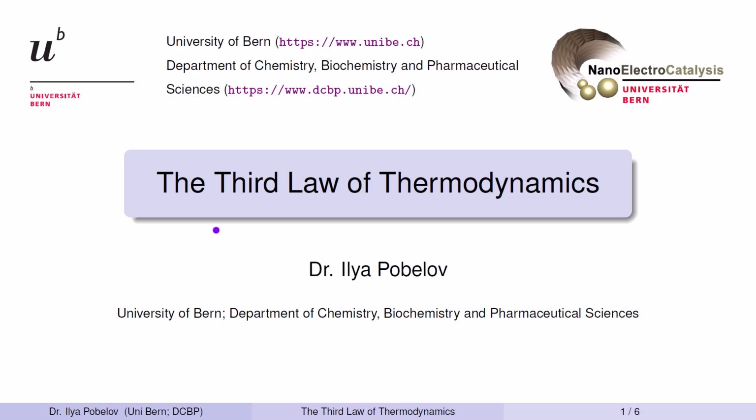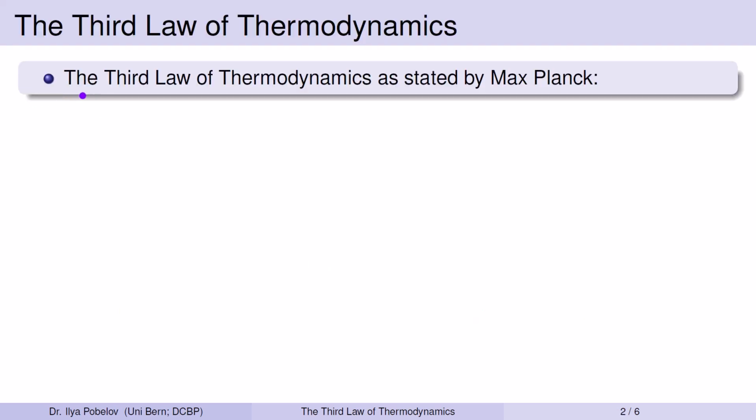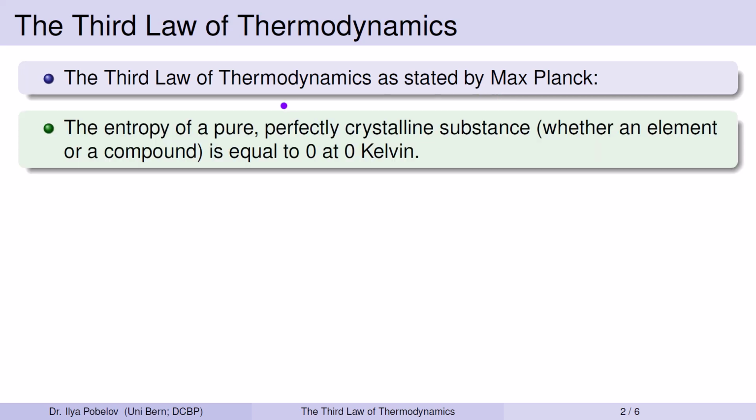In this module, we will explore the third law of thermodynamics, along with its implications, significance, and limitations. The third law of thermodynamics, as stated by Max Planck, can be summarized in the following way. The entropy of a pure, perfectly crystalline substance, whether an element or a compound, is equal to 0 at 0